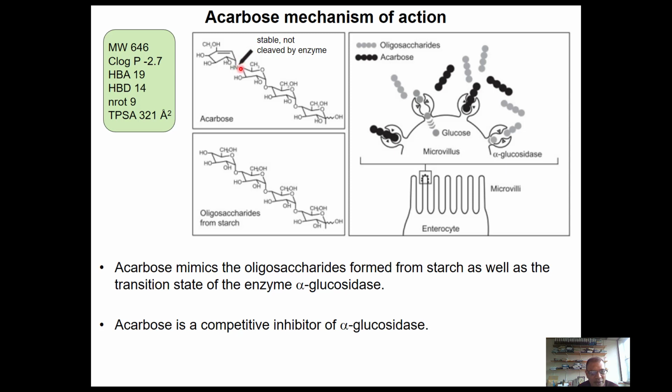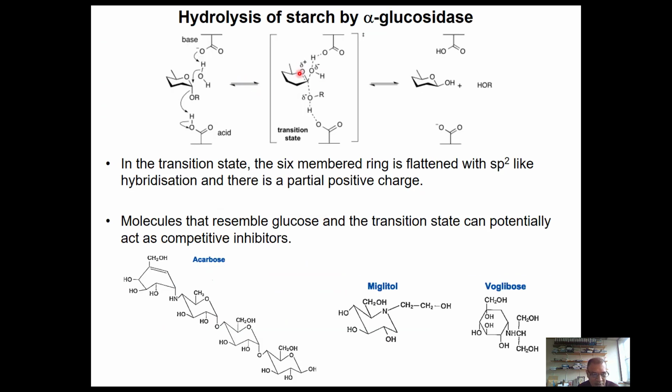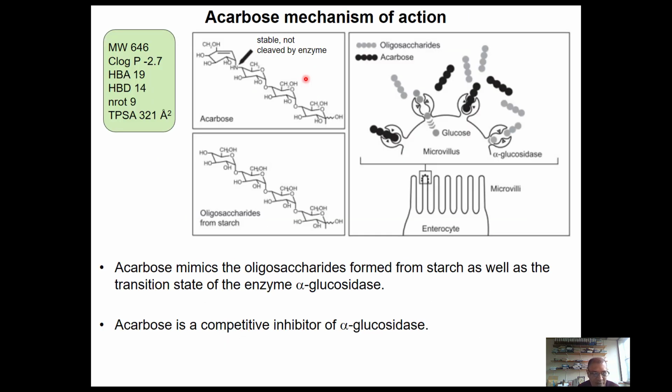And we have the nitrogen here that will be protonated, so that aids in enzyme affinity. And as I mentioned in the previous slide, in the transition state, the six-membered ring is flattened out due to this sp2 hybridization. And that is what you see in Acarbose. There is an alkene here that gives it that sp2 hybridization. And the rest of the molecule, these OH groups, are in similar positions as you'd expect in glucose. So all these features allow Acarbose to bind with a high affinity to the enzyme and be a competitive inhibitor,